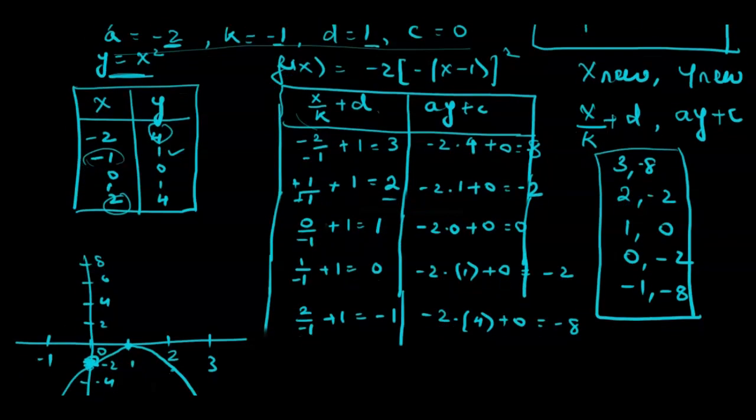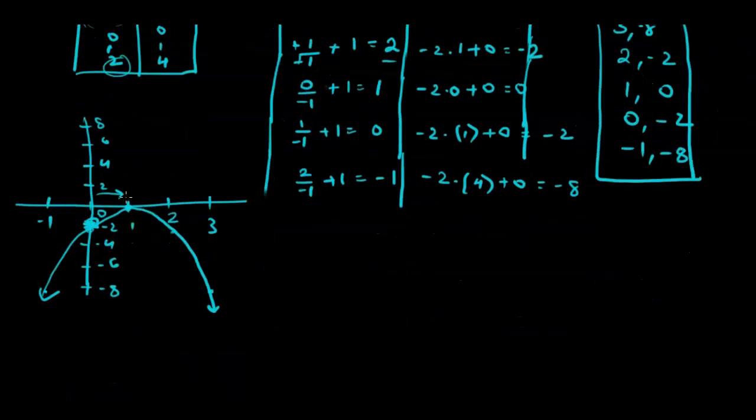So looking at the transformations and comparing the graph, because d was 1, the parabola has been shifted 1 unit right. C is not there, so the parabola has not been shifted up or down. A is negative 2 and k is negative 1. So the parabola has been reflected over the x and y axes. And when you put the parent parabola and this parabola on the same grid, you would see that this parabola would look thinner than the parent parabola. So always remember to use the mapping formula whenever you're making the graphs of your transformed functions.